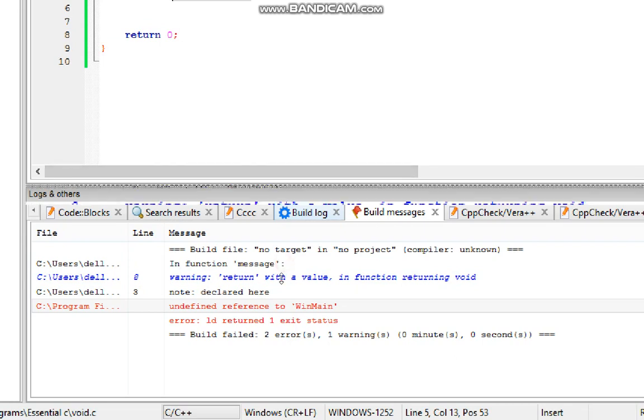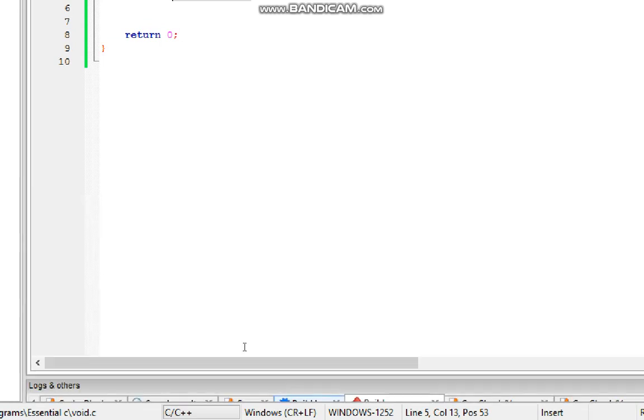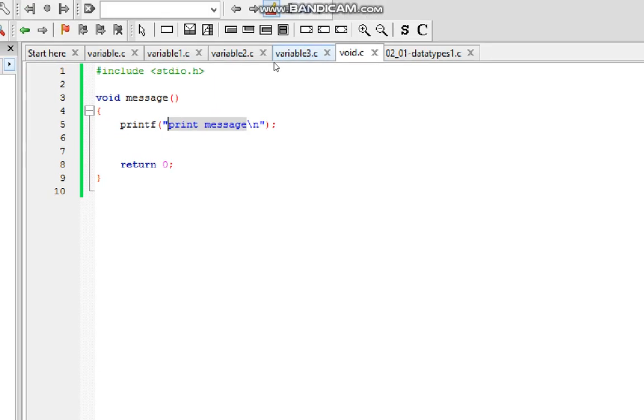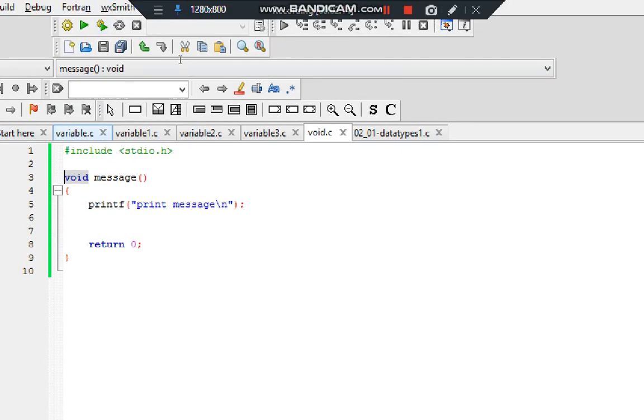So what if I just want to print that message to the output, to the console? What do I do? I still want to print this to the output, so to the console. Void cannot print this, because void does not return a value. So if I want to print this, what I will need to do,